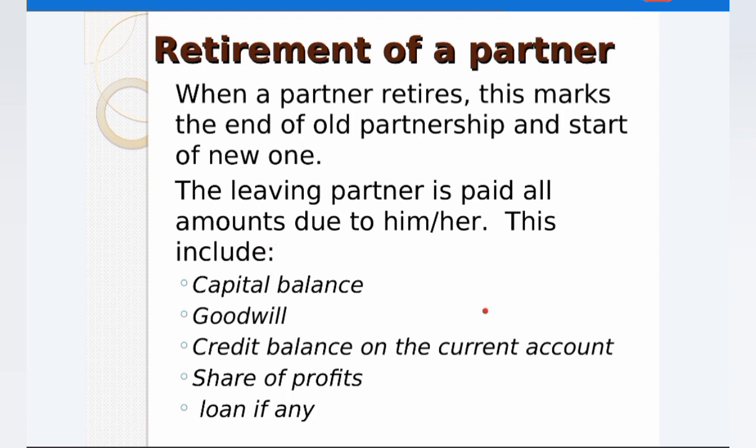And that will include his capital balance, as it will be determined by the capital account, his share of the goodwill, his credit balance on the current account. Meaning if he has a debit balance on the current account, he is supposed to pay. So he will pay the balance that may exist in the current account, if any. He should also be entitled